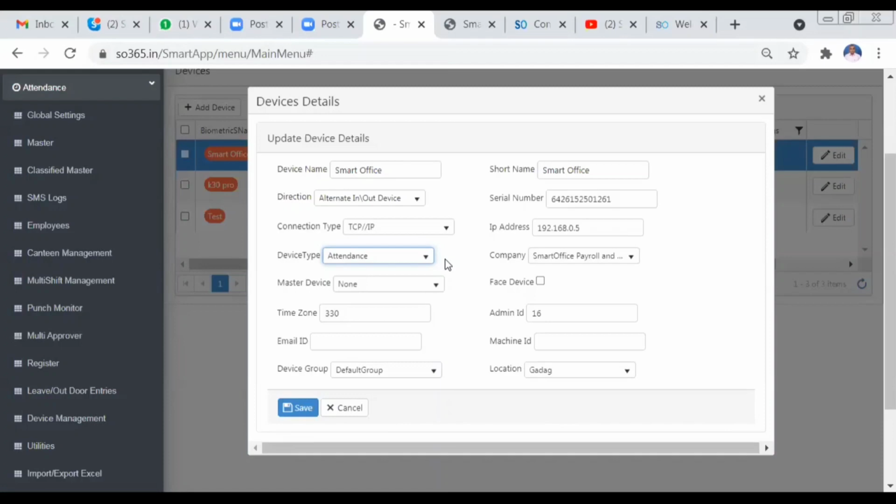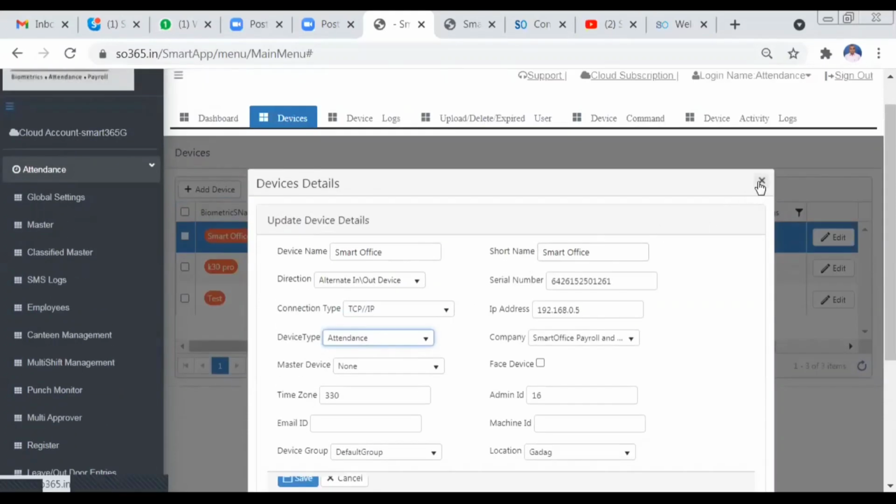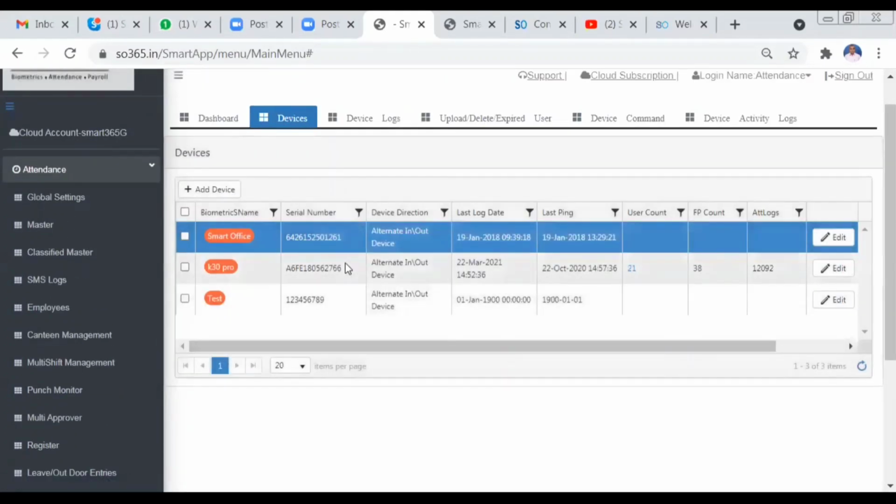So once the device is pinging or once its connection is established, you can configure the device like this by the serial number. Usually a biometric machine will have a cloud ID. So the cloud ID you have to mention in the serial number. All these things should be configured to connect the biometric machine. So once this device configuration is done, if it is online, the device will turn green color. Once the device is online, all the data is automatically fetched into the software.